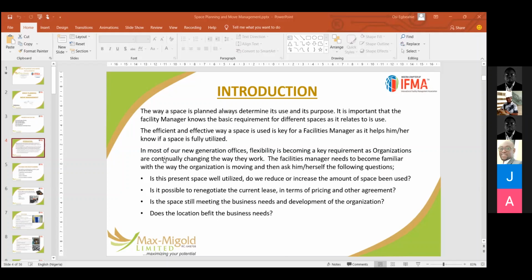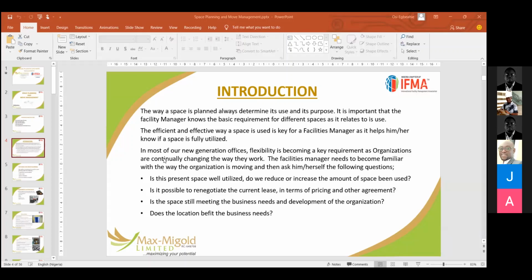That's if the property that you're using for the office doesn't belong to the office. If the property is leased, it's always good to know what the lease agreement is and see how it is structured. And most of the time, there's a clause that facility managers should always put in their lease agreement. That clause should be the sublease clause, so that it gives you the right to be able to sublease the space